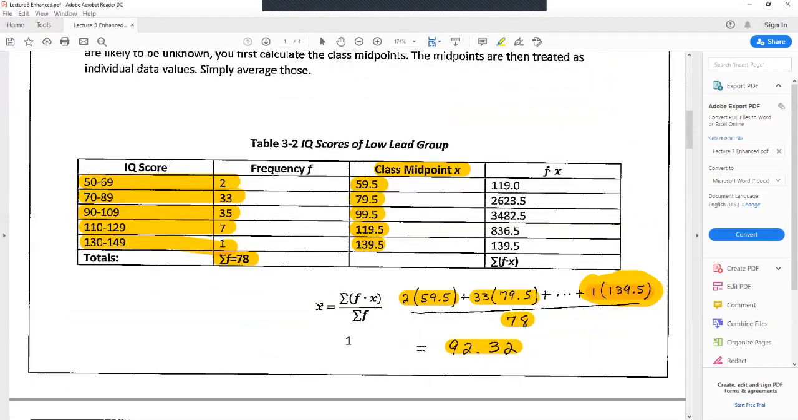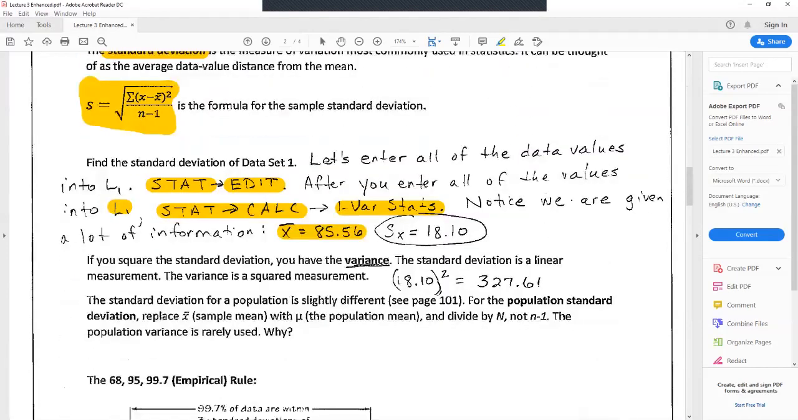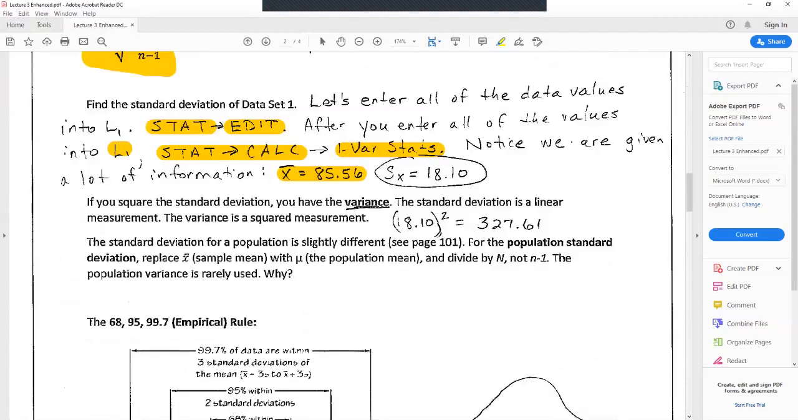85.56. So once you put a list of values in and you run one variable stats, it will give you the average, it will give you the standard deviation, a lot more. It will give you the median, actually. If you scroll down, use the scroll down button, it will tell you the median. I think on most calculators it's MED. So make sure you're familiar with how to input data sets and then to generate the one variable